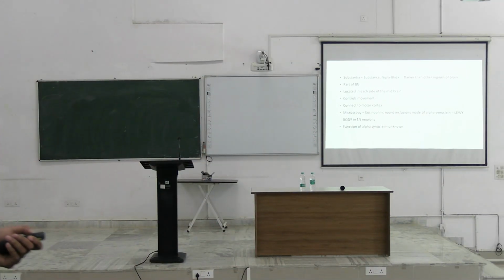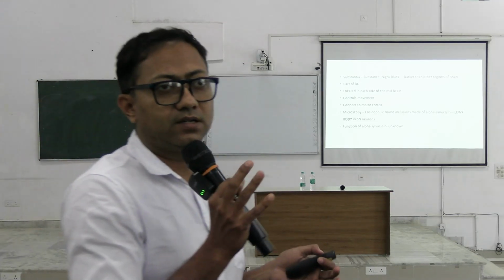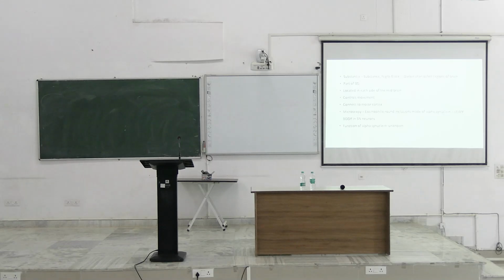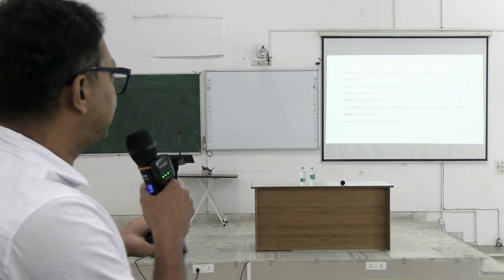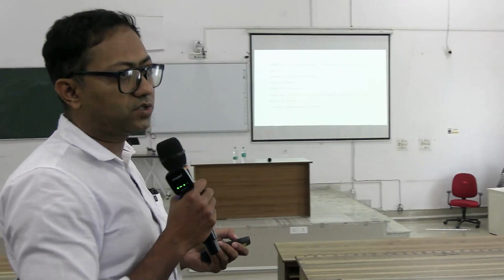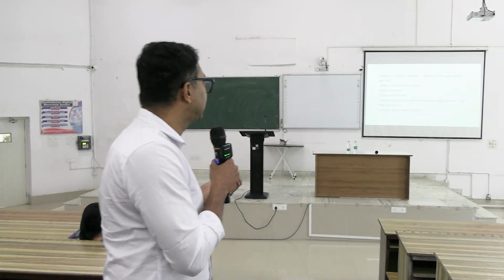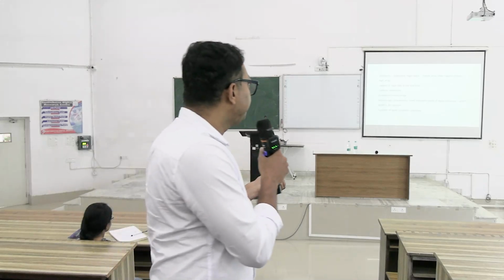Substantia nigra. Substantia means substance and nigra means black. It is identified in the midbrain by its blackish structure. When you dissect the midbrain, you will see the substantia nigra is blackish, darker than other regions in the brain. That is why it is called substantia nigra, right? It is a part of the basal ganglia and located on each side of the midbrain. It controls movement, it connects the motor cortex, and if you do microscopy, what you will find in the substantia nigra is